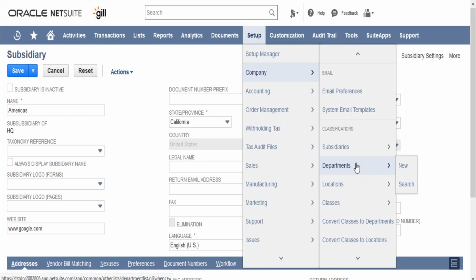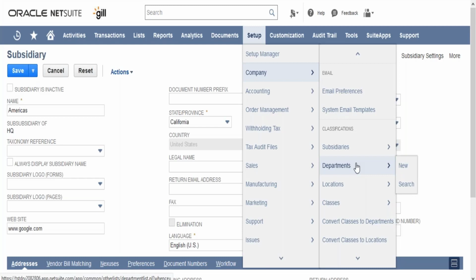And on the location, I can also store my inventory. Inventory is nothing but a stock. If I have a particular branch, if I have a warehouse, I'll be creating that as a location in NetSuite, and it can maintain your inventory or stock at that particular location.